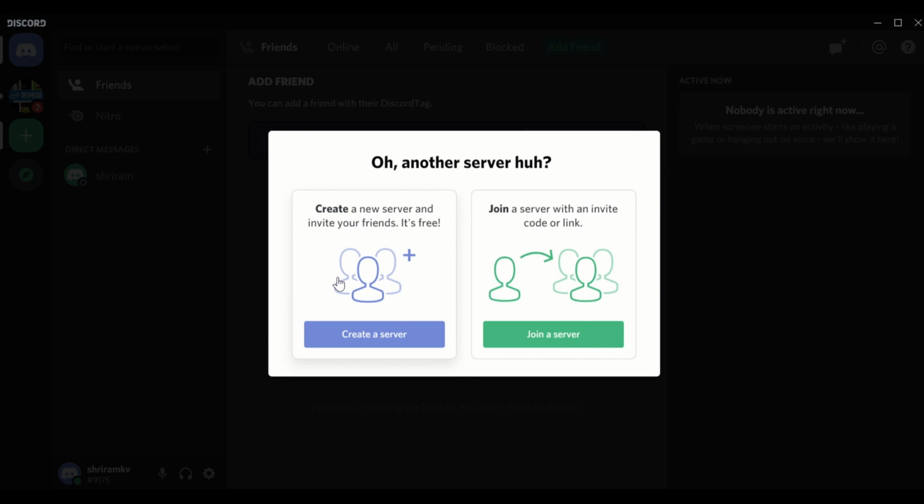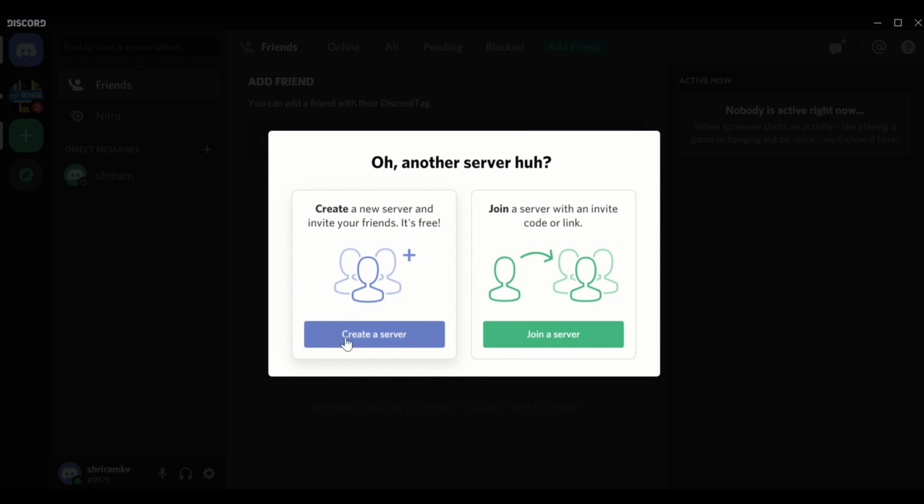Add server, and we have got a couple of options here. The first option is to create a server by yourself, which means I'll be the king there. I'm going to create a server, and inside that I will determine what all the contents are, what all the channels are. But if you are going to join somebody's server, for example, they must have shared a link with you, and with that link you can join there. I'm going to explain both these cases. Let's first create a server, and then we'll join somebody else's server.